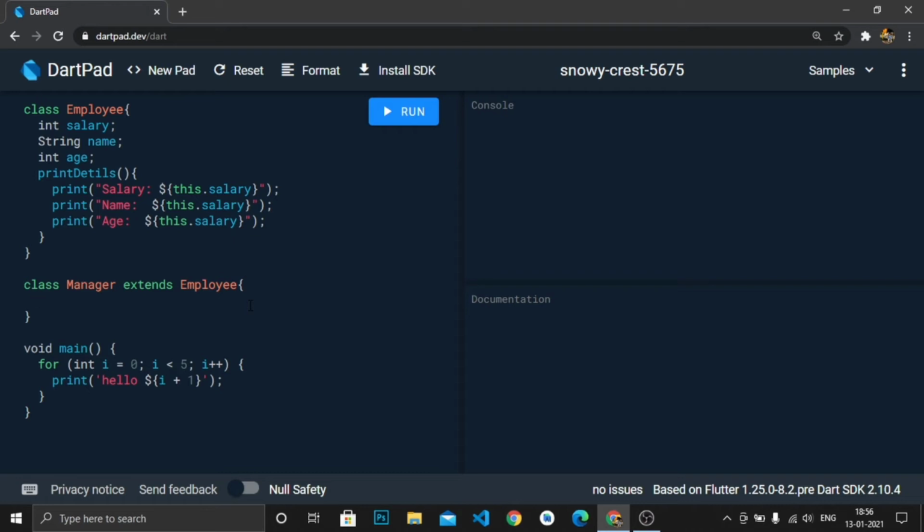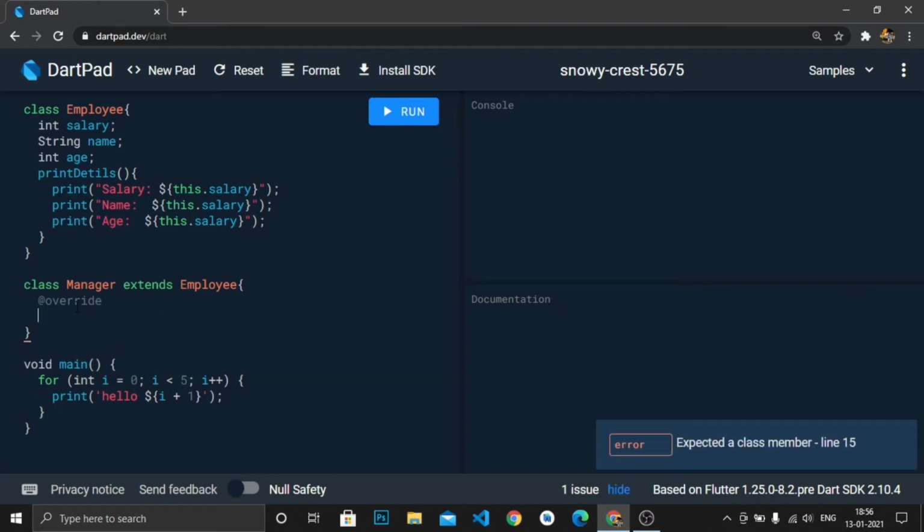So how to do that? We will simply do @override. This means that we are overriding a particular function which has been inherited from the parent class. So we are overriding printDetails.